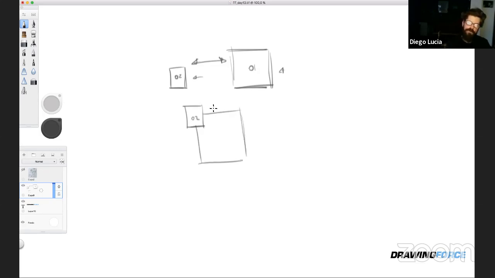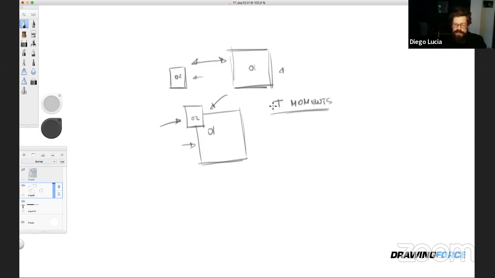So now what we find here is overlaps. And it is clear that object 2 is closer, or in front of object 1. That makes sense? I hope it does, because it's pretty clear, right? So what I want to talk about here is overlaps and this thing that I call the T moment. You can call it however you want.